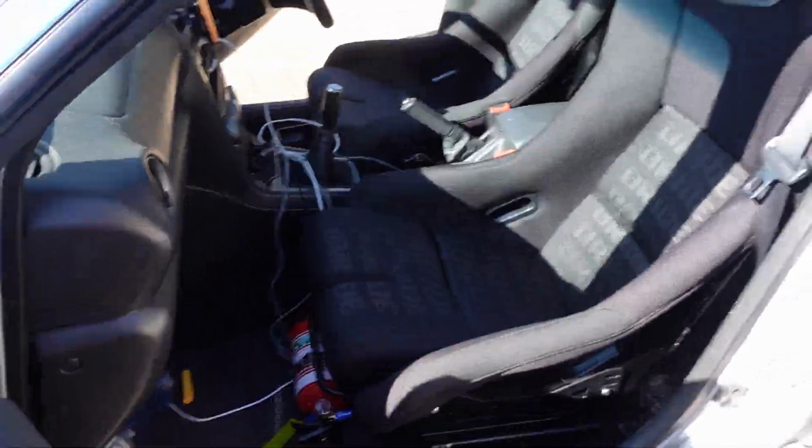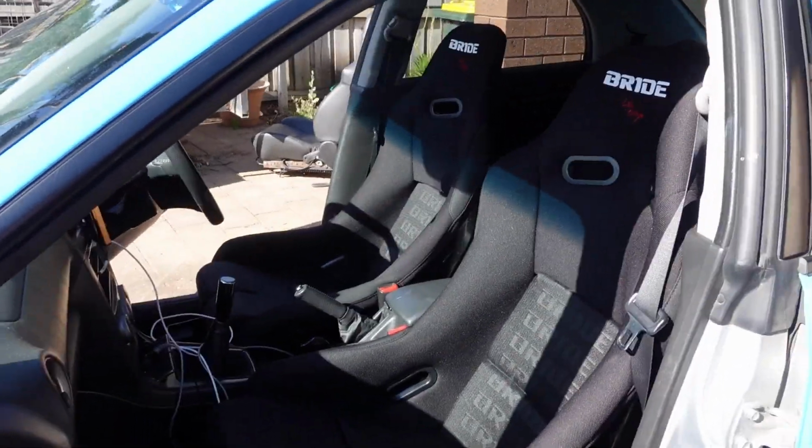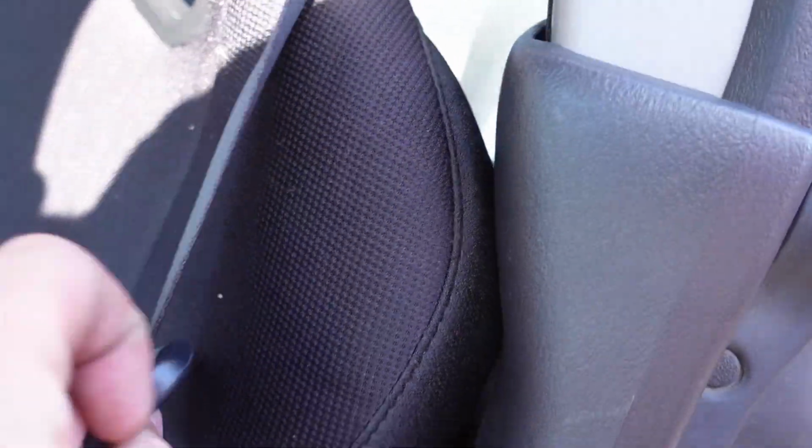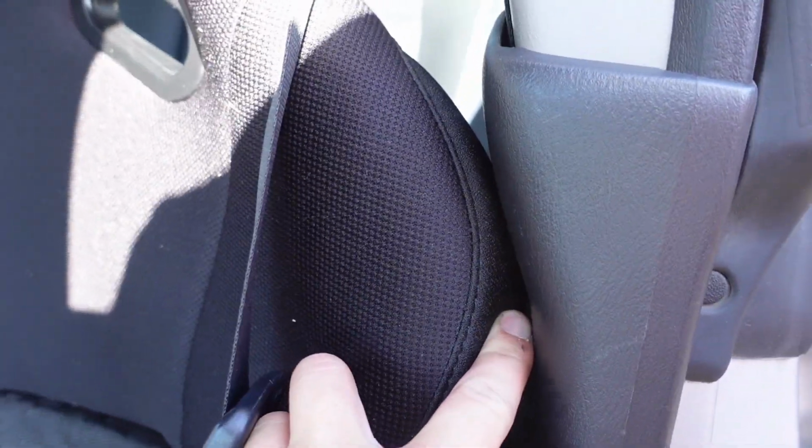Alright, so we have gone and mounted the passenger seat now. I'll show you guys exactly what it looks like. And that is right here, look at that. It looks sick. I am so happy with it. Both of them together looks awesome. But the only thing with the passenger side is, it is rubbing up against right here, but that is not really a big issue at all,